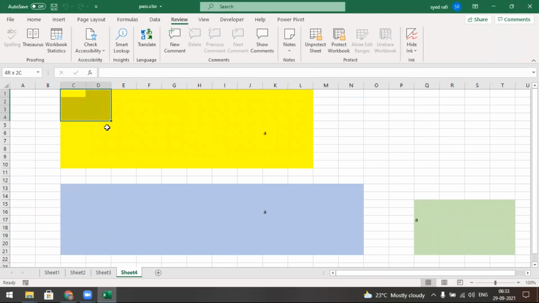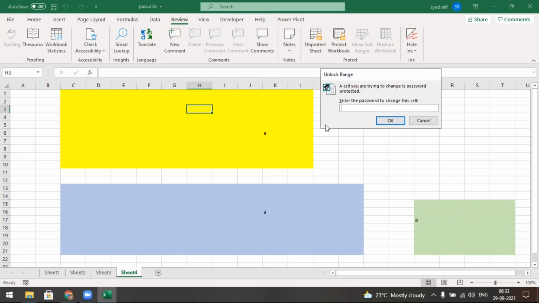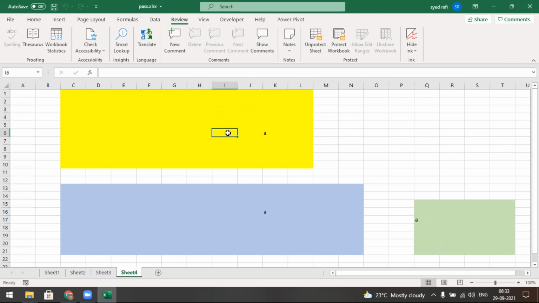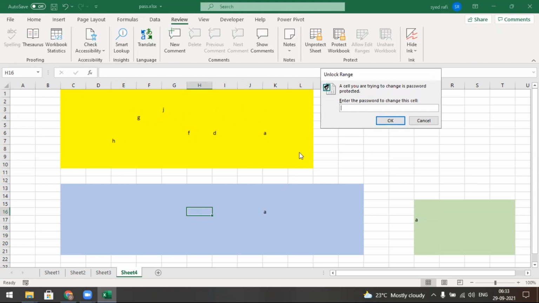For example, I want to modify this one, whatever it may be. It asks for a password. I enter the password, and now I get that permission. If I don't have the password, I can't get any permission.